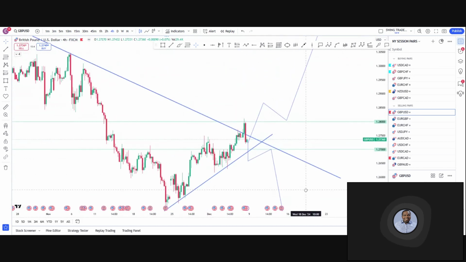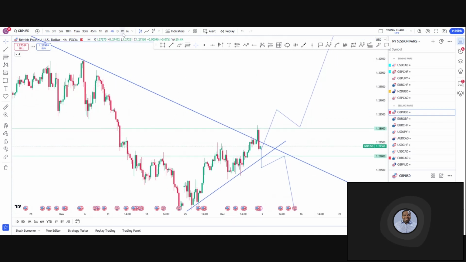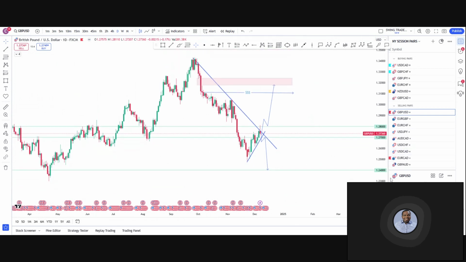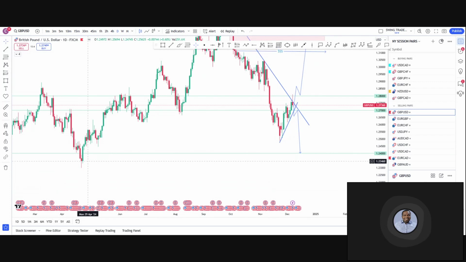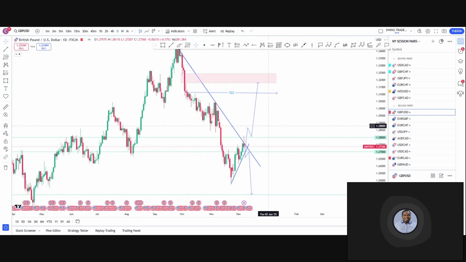So this is exactly what I'm looking for. At the moment, the market could choose to push higher, it could choose to drop lower. We are not so sure of the direction that the market will go. That's why I'm giving these options here. So if you go to the daily again, like I said, we're bearish overall, okay, but we're not sure if the market wants to go lower to take out this low, or the market wants to still push up. So that's why we're setting up this area of interest,